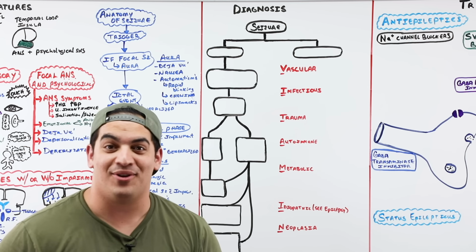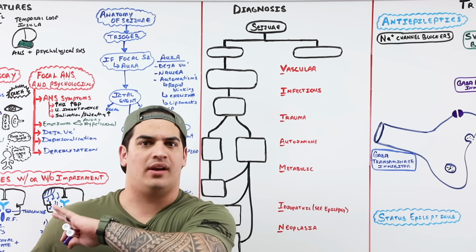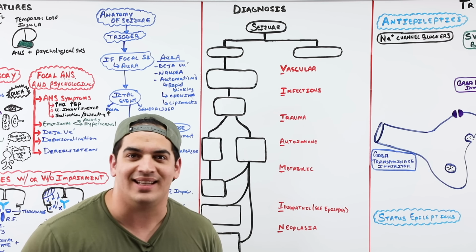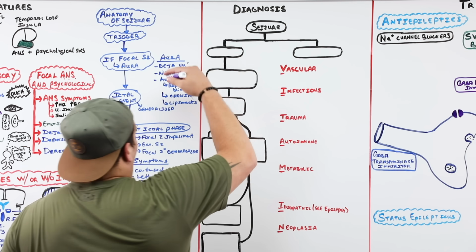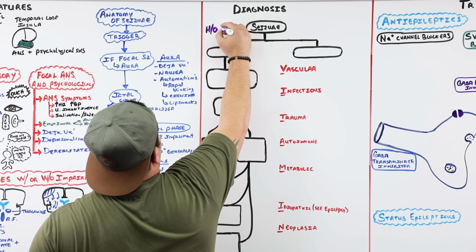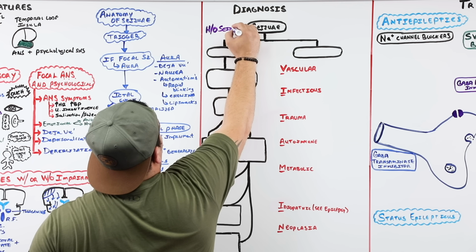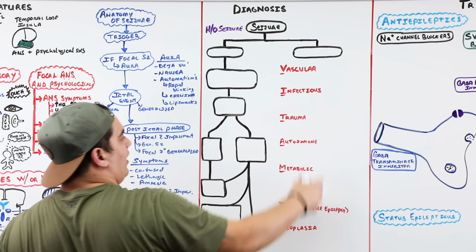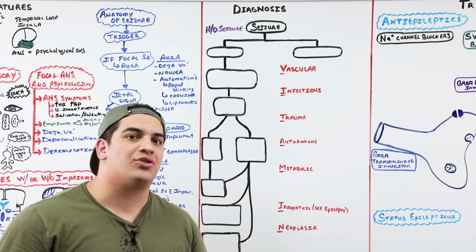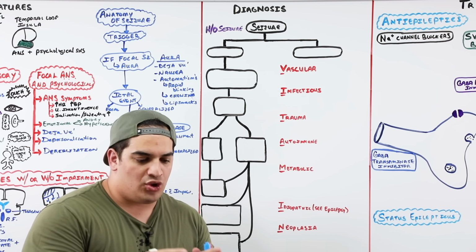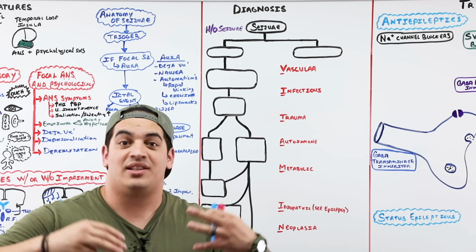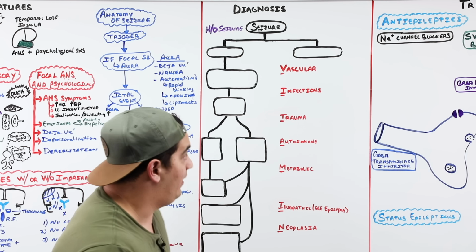All right, Ninjas, we're at the diagnosis. The person came in, they were seizing based upon the features that we talked about, whether it was a focal or generalized seizure. We got to figure out, why did they seize? So what if the person comes in and upon chart review or per the patient or per the family, this person has a history of seizures? Well, maybe this isn't a seizure from an underlying thing that we have to evaluate here. Maybe they just truly have epilepsy. So if they have a history of seizures, how do we define epilepsy? It's 2 or more unprovoked seizures greater than 24 hours apart, or an unprovoked seizure with a 60% recurrence rate according to the Epilepsy Foundation definition.